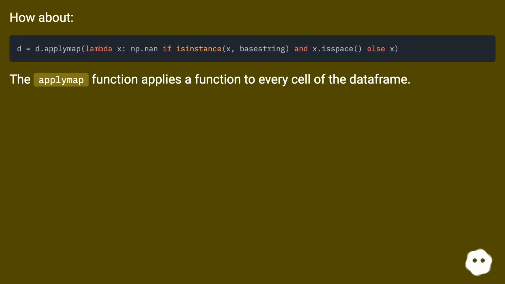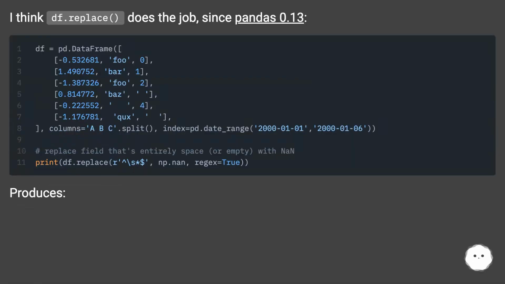How about applymap? The applymap function applies a function to every cell of the data frame. I think df.replace does the job, since Pandas 0.13. It produces